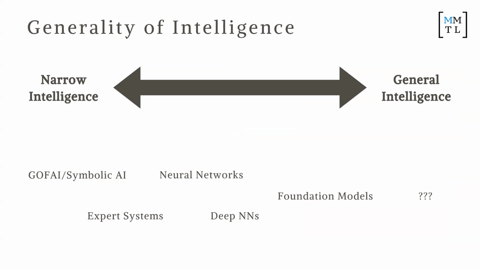So the first is generality of intelligence. As we've gone through the AI generations, we've shifted from really narrow intelligence, where it can just play chess or just play checkers or whatever it is, right? To more general intelligence, where it can not only play chess really well, but also do math really well, or really understand stuff really well, or do research really well, right? So we've increasingly increased how general our intelligence is. So my question to you is, where are humans?